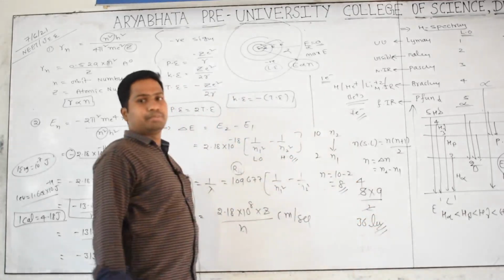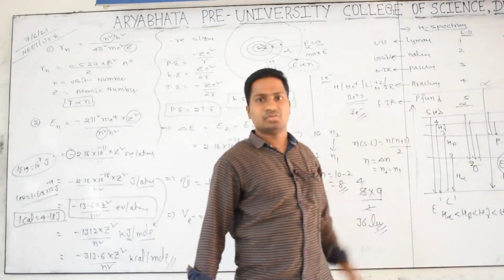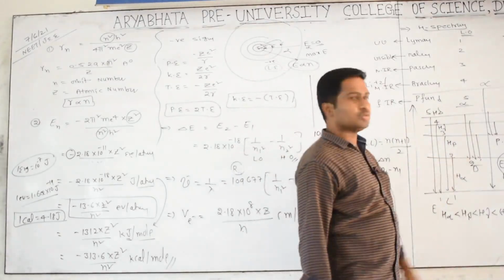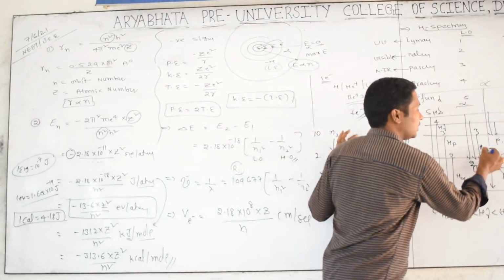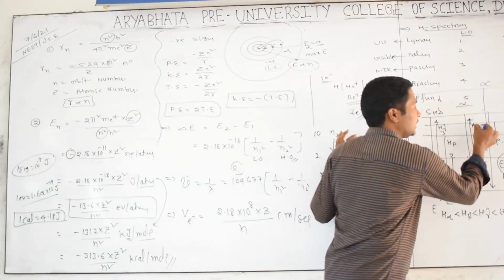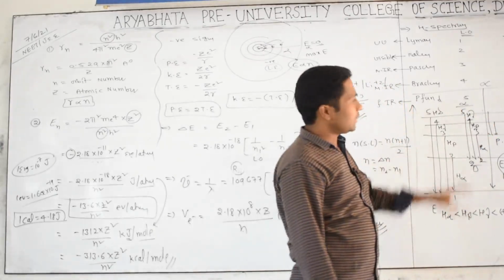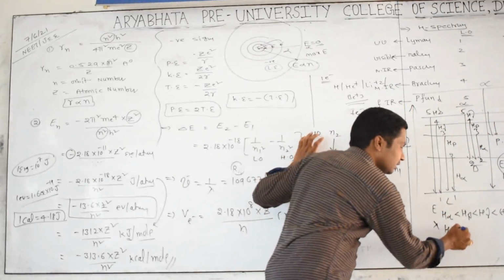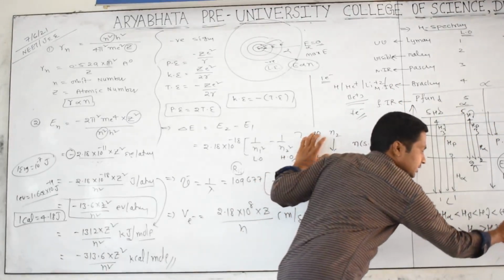This is also very, very important. Like that you can get so many bits. What is the meaning of H alpha? For example, in the Balmer series, what is the H beta line? 3 to 2 is the H alpha, 4 to 2 is the H beta, and 5 to 2 is the H gamma, like that. But in every series, the energy order is like this, and the wavelength order is reverse. The wavelength of H alpha is more than H beta, than H gamma, and H delta.